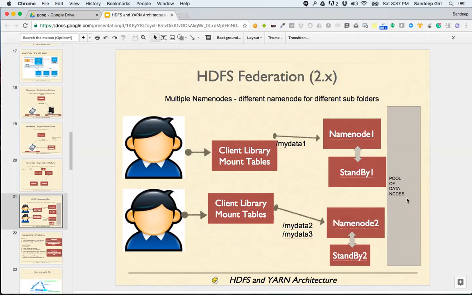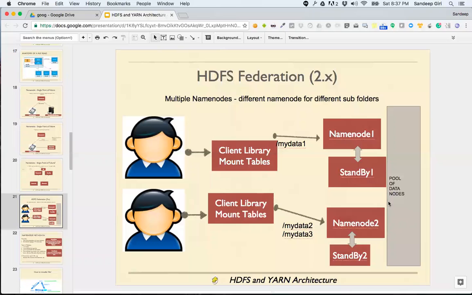If the older name node comes back to life, that remains as standby. Okay? Does that answer your question, Sapna? So basically if the standby becomes name node and the older name node comes back to life, the one which has come back to life will remain standby and will not become name node.